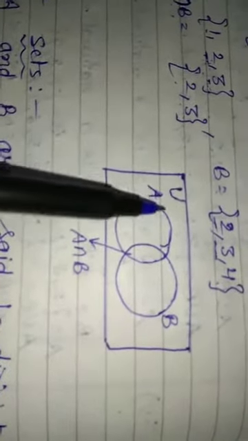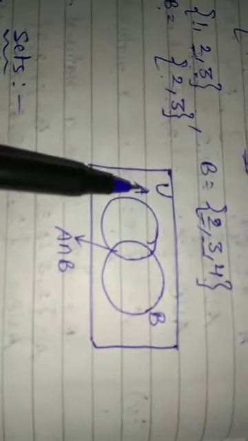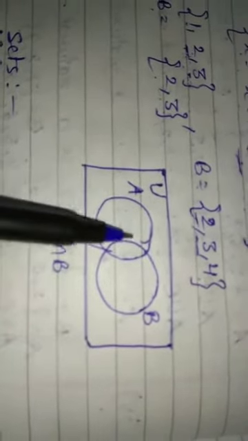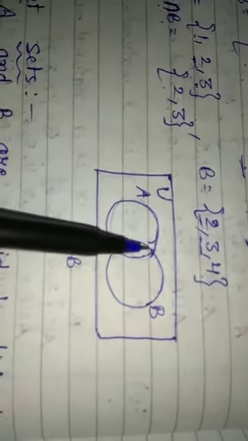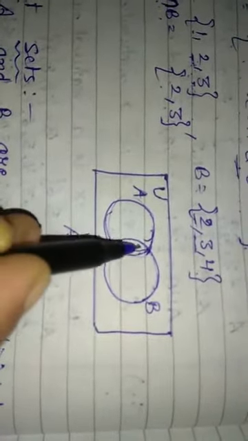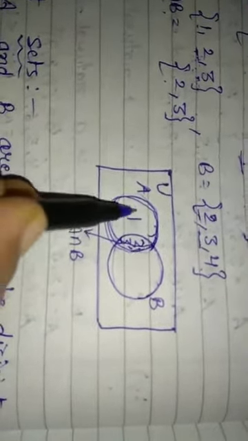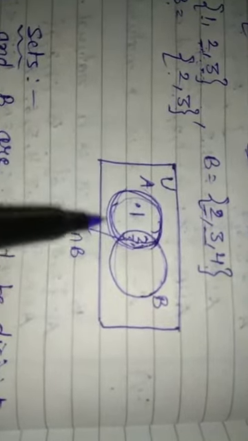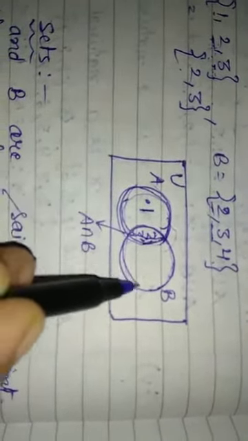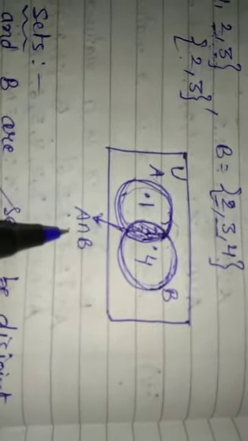And you can show it by a Venn diagram. The rectangle shows the universal set. A set has elements 1, 2, 3. B set has elements 2, 3, 4. So 2, 3 is common. So this is the A set, I am writing 2, 3 here, and I am taking 1 also here. 1, 2, 3 are the elements of A set. And this is the B set, which has elements 2, 3, 4. And what is the common part? 2, 3. So this shaded portion shows A intersection B.